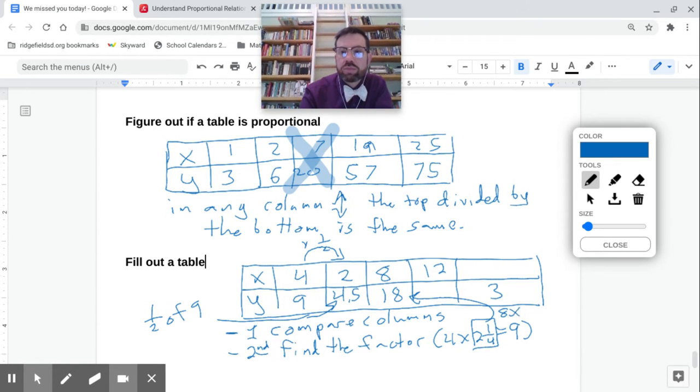8 times 2 and 1/4. So those are the other ways. Again, going from 4 to 12, that's easy. 12 is 3 times as big as 4, so the bottom is going to be 3 times as big as 9. The big thing to remember, kids, is that this is always